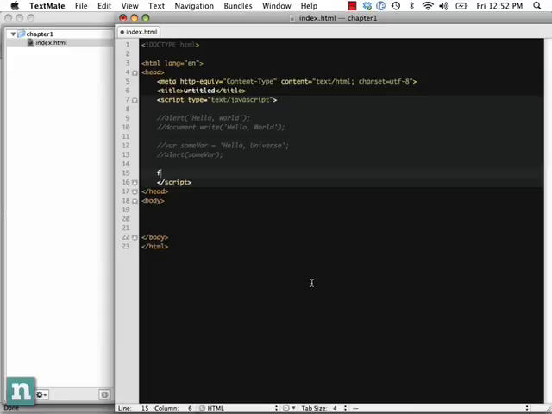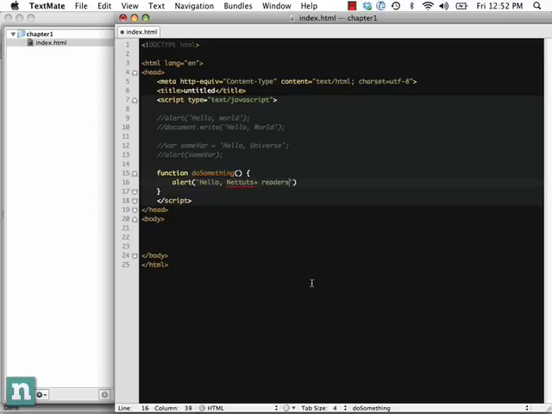So to declare a function, we type in function, space, and then the name of our function, and usually this is going to be some kind of action. So we'll call it doSomething, just for example, and then we're going to add an open and closed parentheses, and you'll learn within here we can receive parameters, and we'll go into that just shortly. And anything within a function will be processed when the user calls this function, in this case doSomething. So we need to designate the beginning and the end of the function, and we do that with the braces. Alright, so within here, once again, why don't we alert